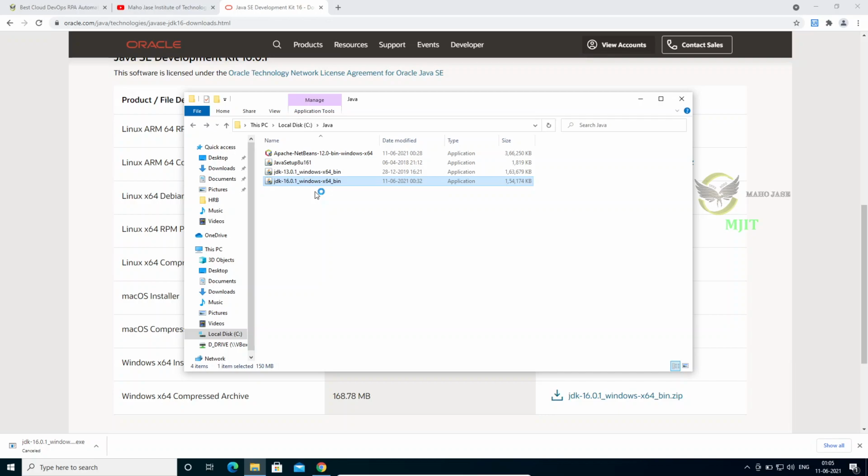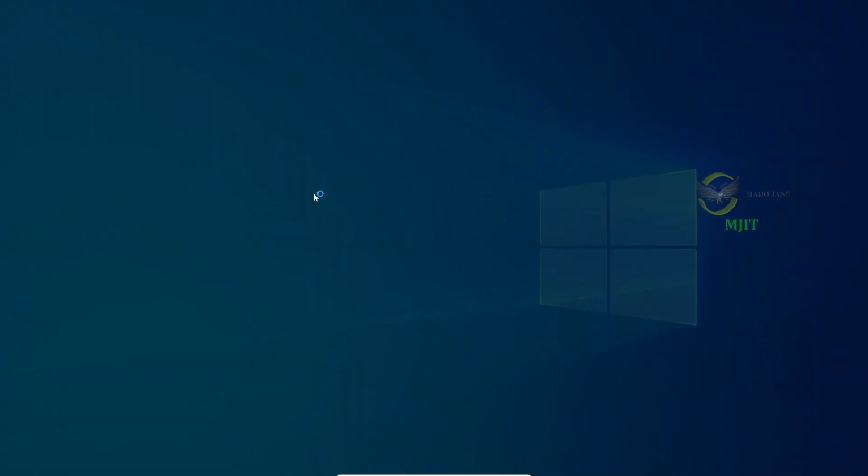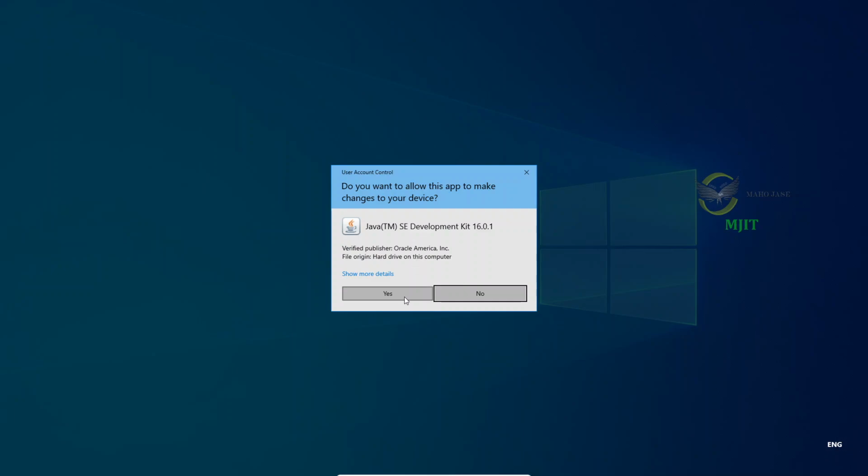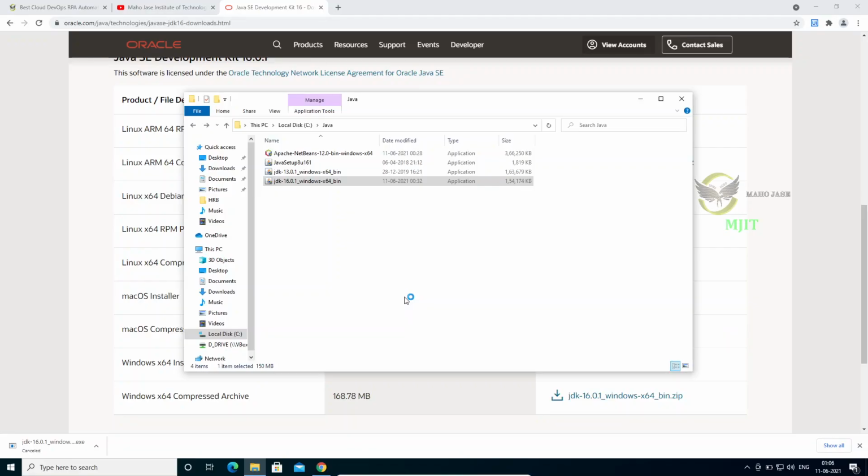Windows will take a couple of seconds and then prompt whether to install or not. It requests admin level access. You see it is prompting me, so I am giving yes. It means it's going to install.